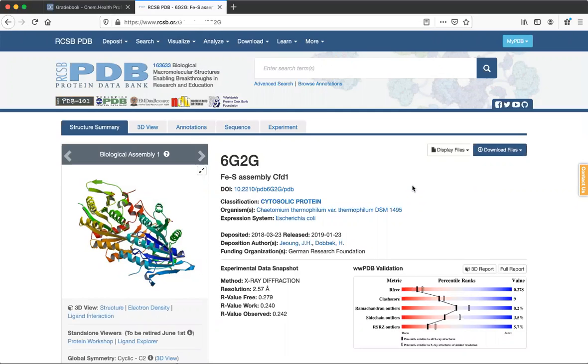So part A just says search for any CoV-2 protein. Well, I got my protein up. Part B says, what is the name and the PDB code? So the name can be found down here. I mentioned in a longer instructional video, this is the name of the structure. I'm fine with that. The name of the protein itself is CFD1. Either or is fine. The PDB code can be found above, and this one is 6G2G, and each structure will